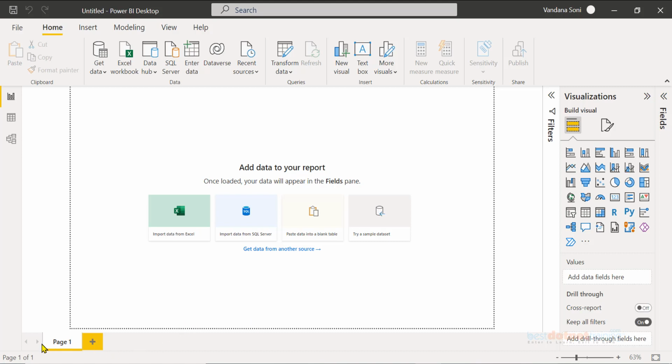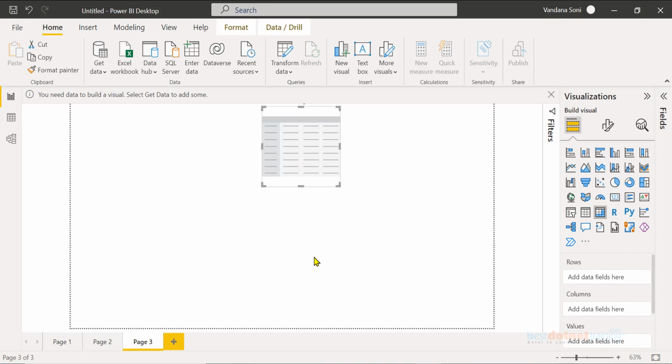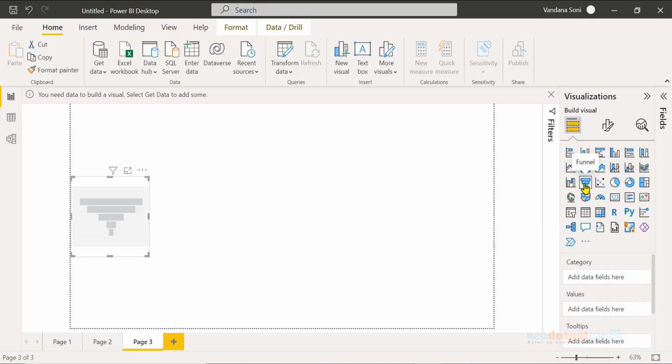Then you have reports. You can see this Page 1. Similarly here you can keep on adding pages. So in Power BI, a report is a collection of visuals. On this report icon, if I click and try to create some visual, like that I can have multiple visuals.